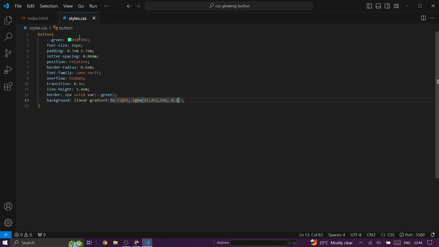That's for the first color. Then our second color, after our percentage, we're going to have transparent. Then it's going to be 40%, then comma transparent